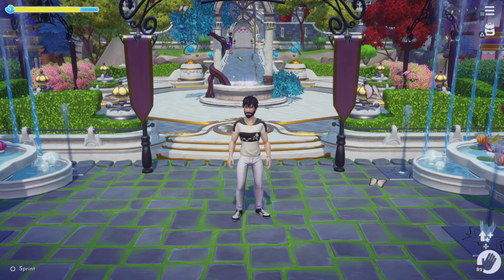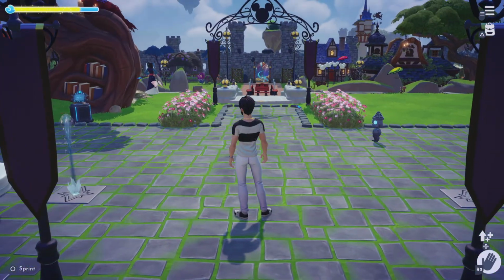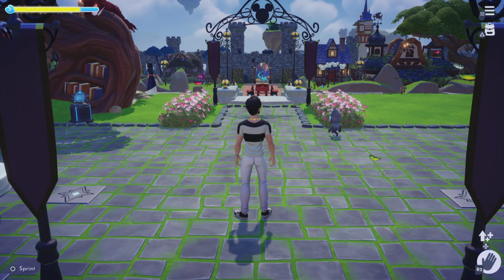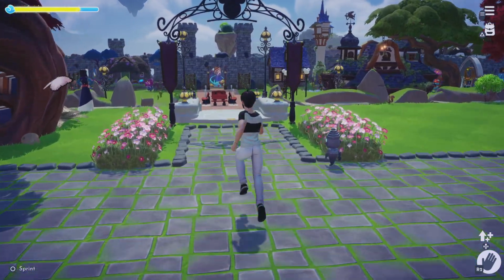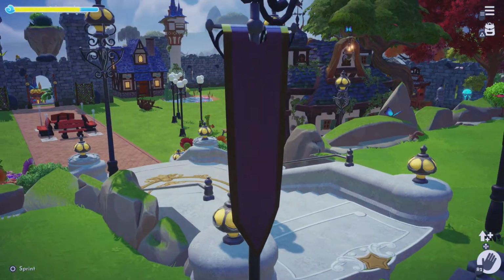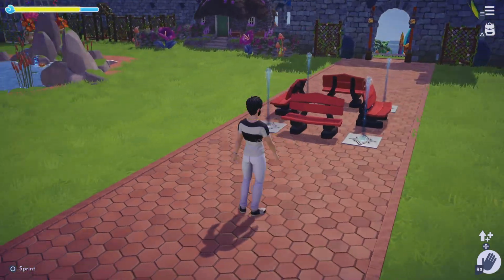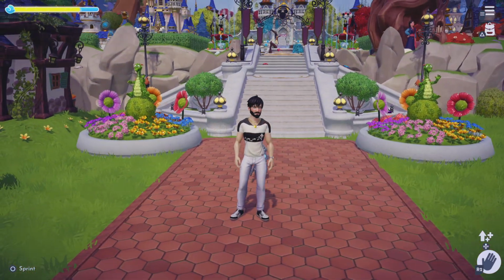So let's turn around and you'll see what I've been doing. Here we go. So what I've done, if we go down, is, as you can see, I've taken all the castle walls and moved them down here. So the idea being is that this is going to be